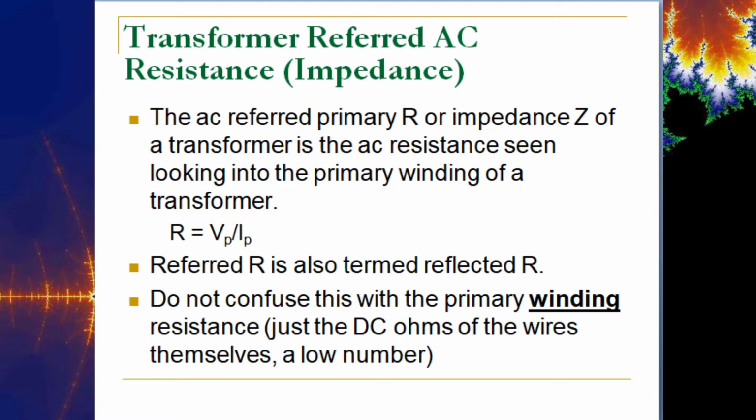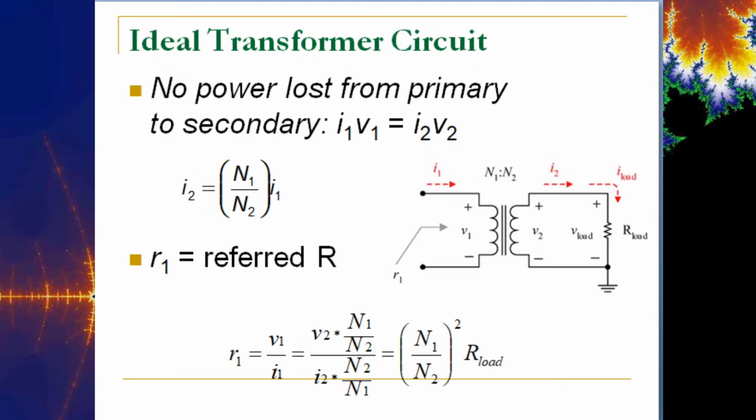We're talking about what's reflected back to the primary. So in the ideal load, we would have 100% transference from primary to secondary. No power will be lost in the windings, no hysteresis, and life is great, right? The turns ratio exactly calculates what we should expect on the output. So if we're going to accept the turns ratio as being acceptable for our calculations, then we can also calculate